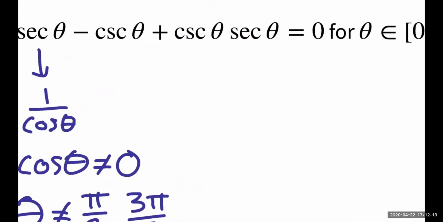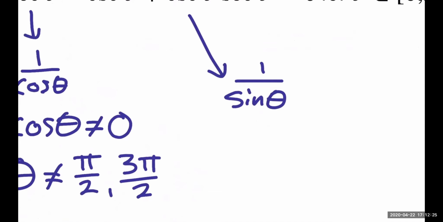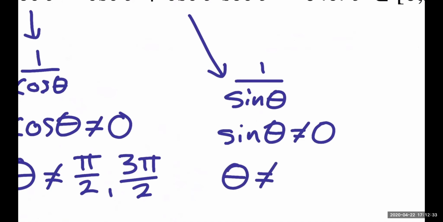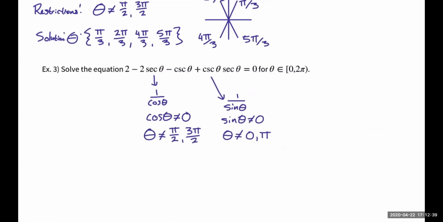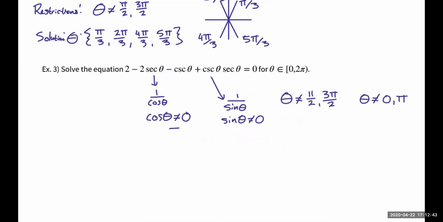Right? If we're talking about cosecant theta, that would be 1 over sine theta. And so likewise, sine theta cannot equal 0, and that occurs at 0 and pi. So theta cannot be equal to 0 or pi. All right, so I'll just pop these over here, and then we'll clear the deck, and we can get solving